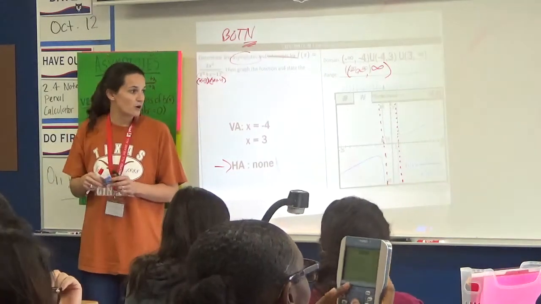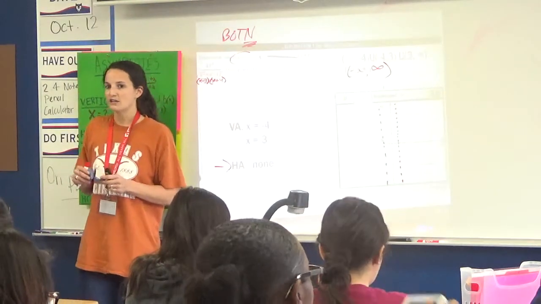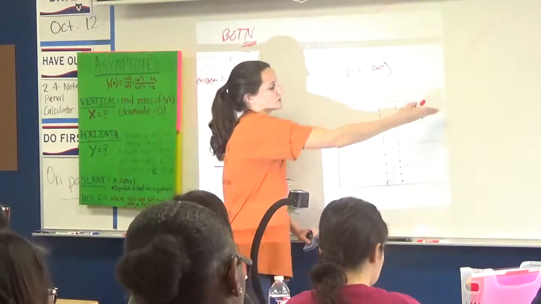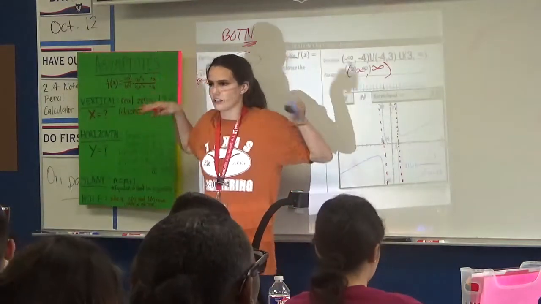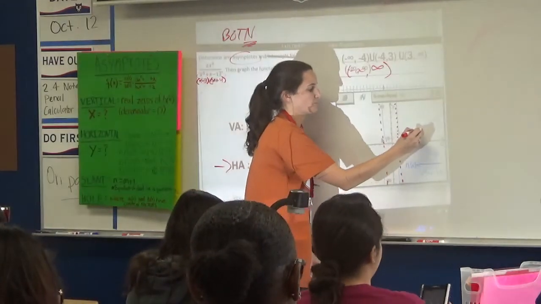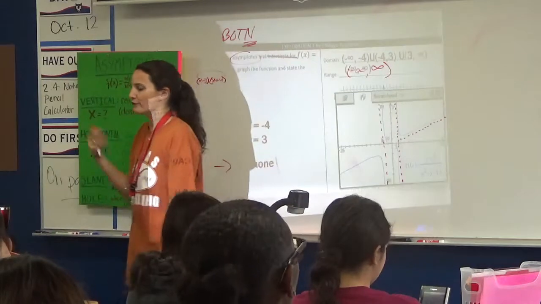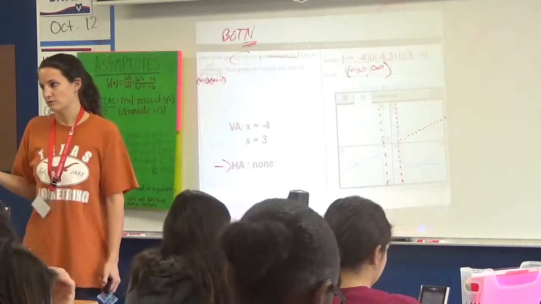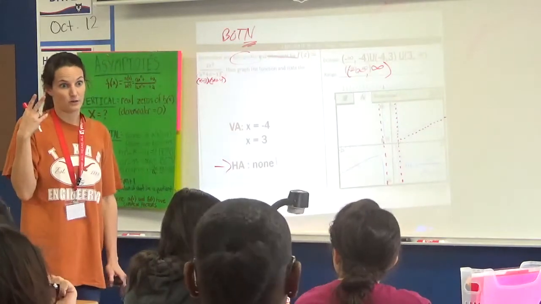Okay? We don't see any horizontal asymptotes, but what you're going to start to notice today is there is a special case when sometimes our graph looks like there's almost this imaginary, slanted line. Like a diagonal line, it doesn't level off flat, horizontal, but you can almost picture this slanted line that our graph is going along right there. And for different purposes, it might be helpful for us to know the equation of that slanted line as well, okay? So that's what we're going to talk about today: one, when does that happen? And two, how do we find the equation of that line, okay?